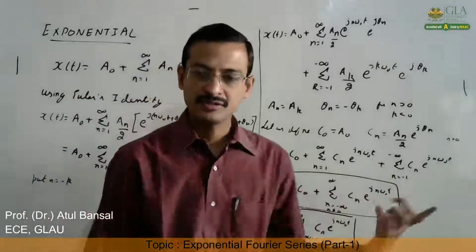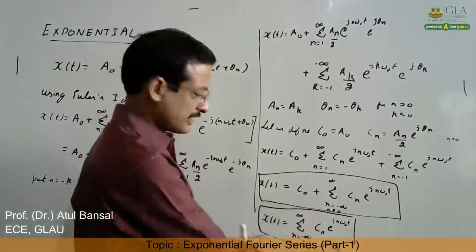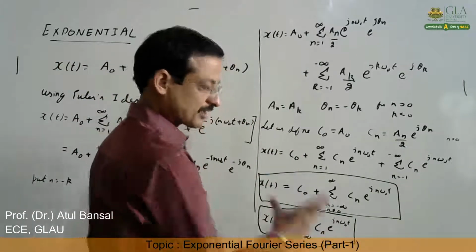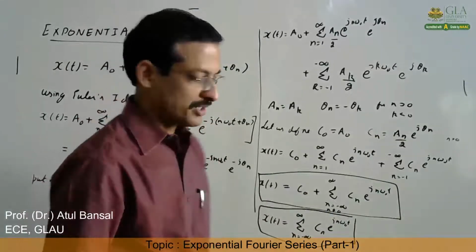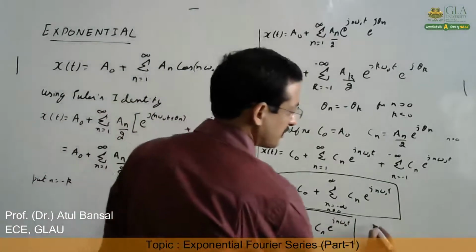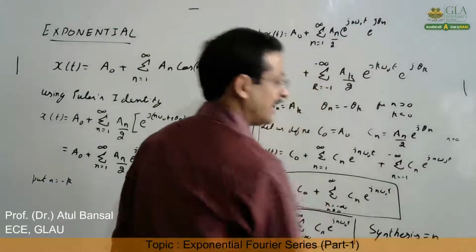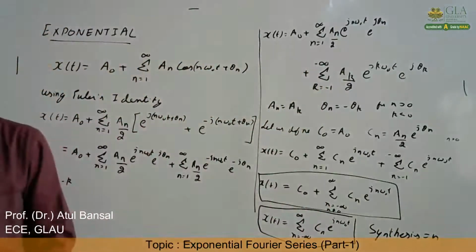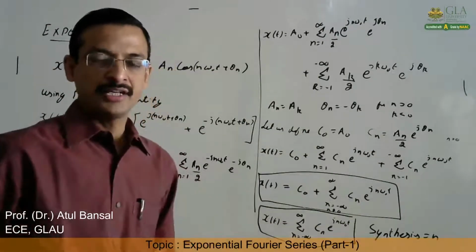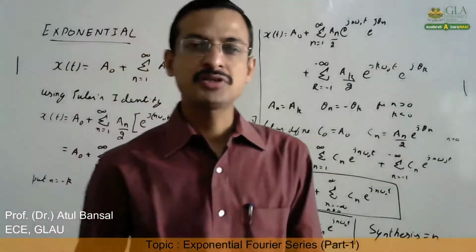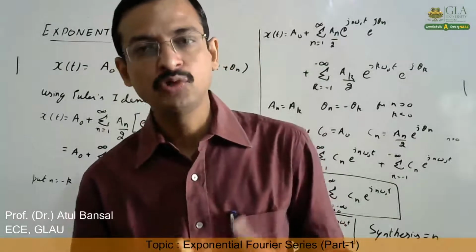Just to keep it similar to the earlier discussed Fourier series, we can write C0 separately, otherwise we can write it like this. Now you can see this is a compact form of Fourier series, which is why it is most widely used. Now this equation is also known as the synthesis equation, as we are synthesizing the signal in terms of its Fourier series. There are two types of equations, one is the analysis equation, another is the synthesis equation. The analysis equation is the equation from which we do the analysis.